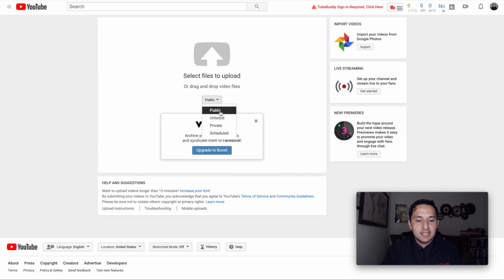And then you import that content. You can select it as public, so as soon as you press save and publish, it's going to show to the world. Or you can put unlisted, where you have that private link that you can share with people, but as far as somebody searching for that specific video online, they're not going to be able to find it unless they have that link. If you go with private, only you can see it.